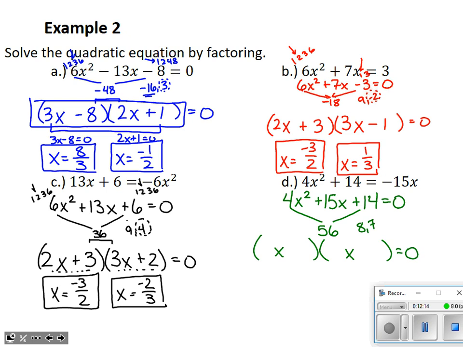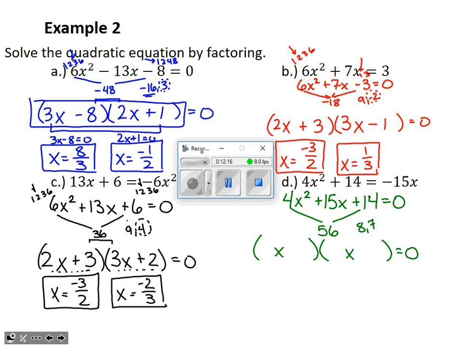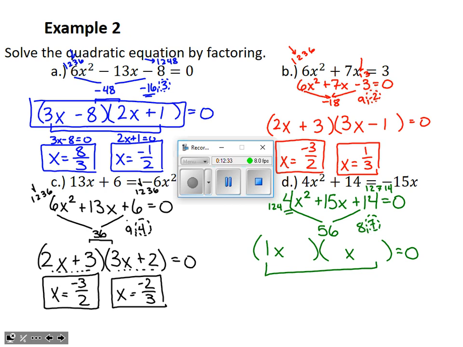Okay, set up some skeleton factors here. I'm just going to slide this recording video out of the way. The easier magic number to work with is the 7. I've got 1, 2, 4 here. I've got 1, 2, 7, 14 at the end. To set my outside and make a 7, I need the 1 coming out of this leading 4, and I need the 7 coming out of that trailing 14.